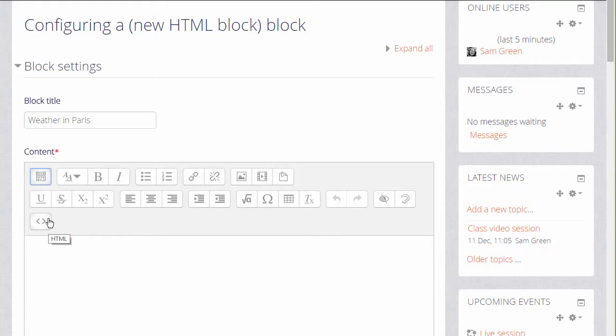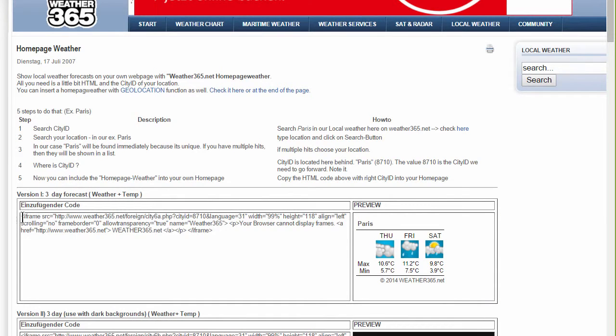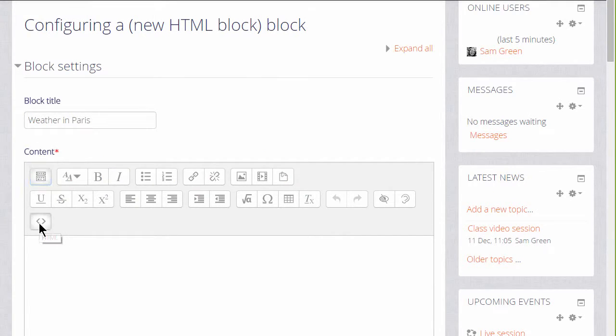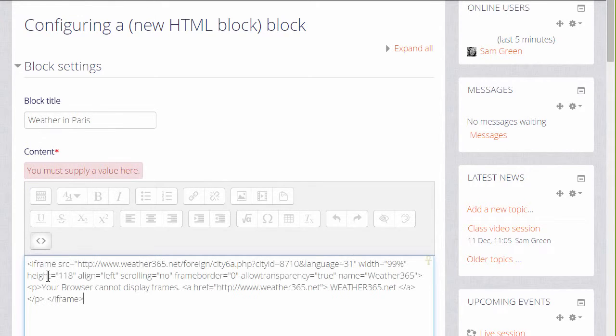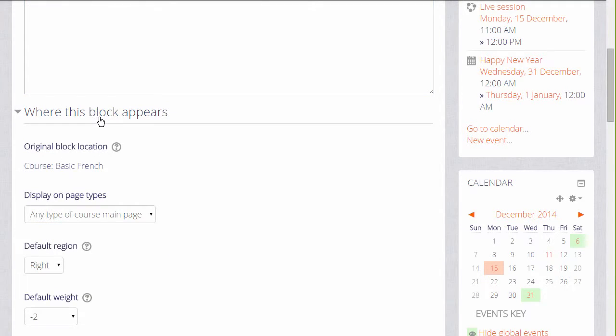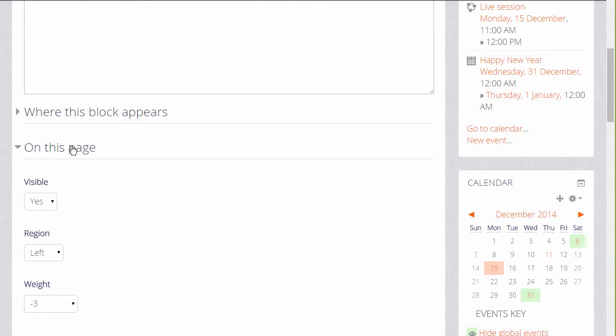We're going to use embed code to add a weather report for Paris, so we need to find a site online that will give us some code and copy it. And then in our text editor, make sure we click the code icon before we paste it in, otherwise it won't work. Then we can decide where the block is to appear, whether we want it visible or not, we do, and then